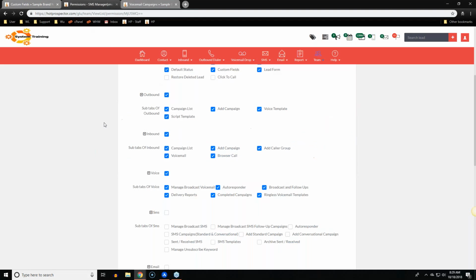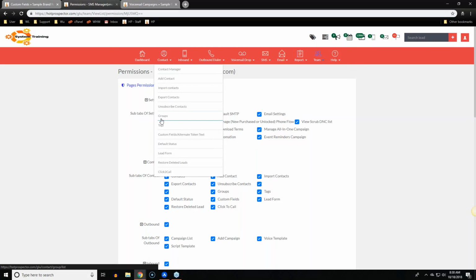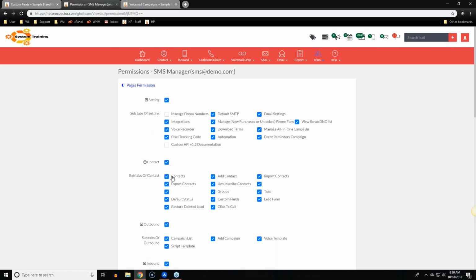Now, another thing that's a huge deal as well is groups or contacts. A lot of the times our users are like, hey, you know what? I only want them to see this particular group and this particular campaign. Okay, cool. So in this case, going into the permissions, we're going to select the contact tab because the groups tab falls under that, right? So we're going to leave the contacts. I want them to see the contacts. I don't want them to export anything, restore anything. I don't need any of that stuff going on,